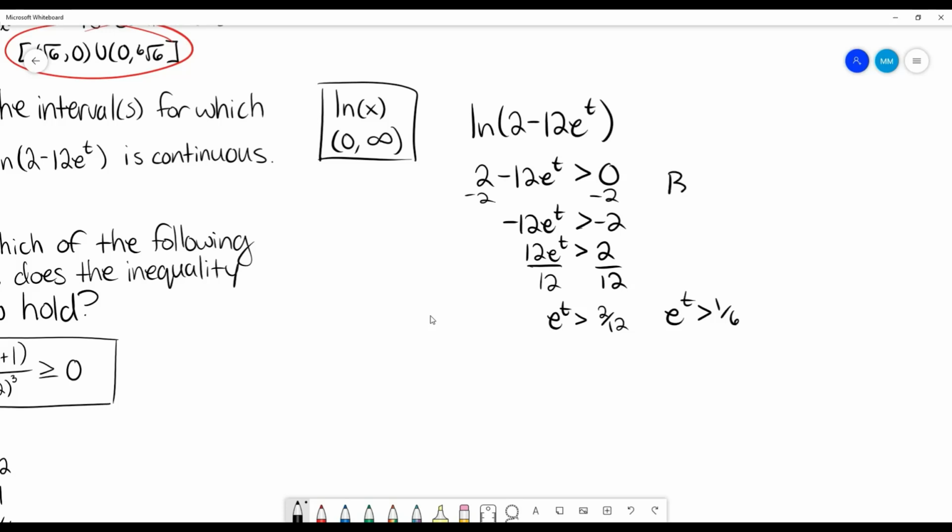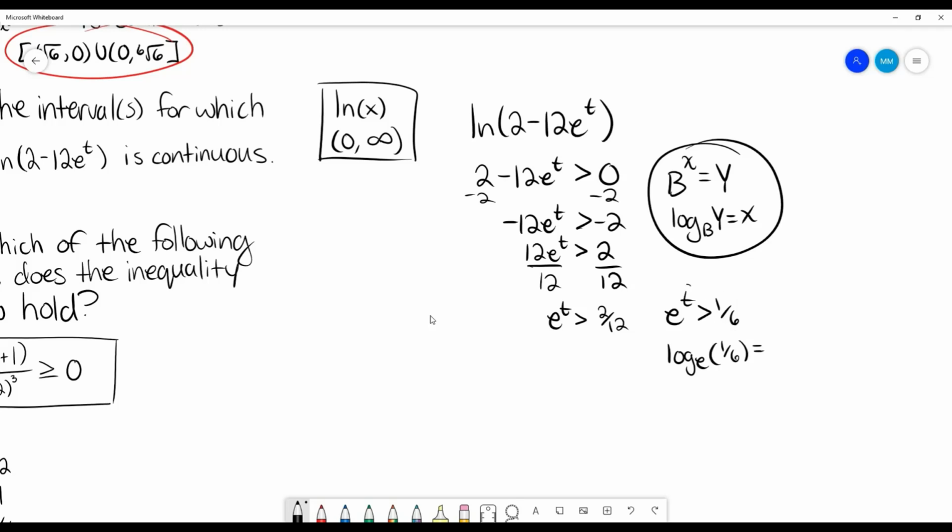And remember that if I have this, then I also have this. And these are the same. They're just two different ways of writing the same thing. So in this case, my base is an e, so I'm going to turn this into a log base e, and this is my y equals my x, which is just t. And obviously a log base e is our natural log, so I'm going to rewrite that as t, or we know our t needs to be less than that,